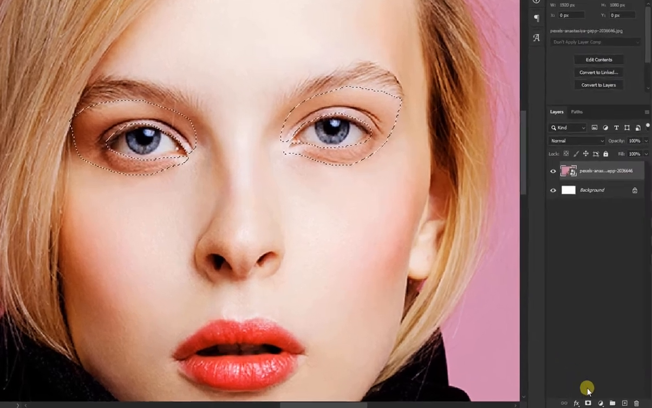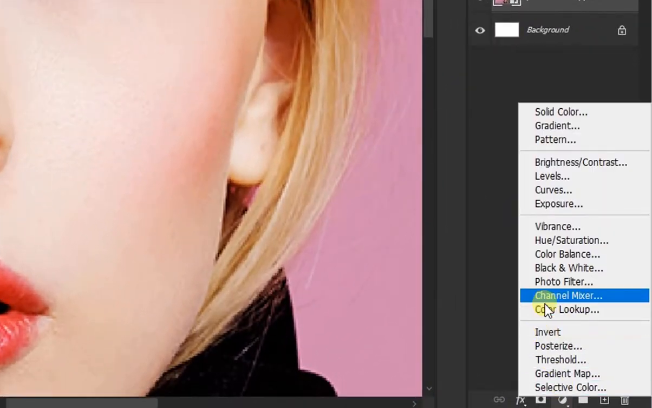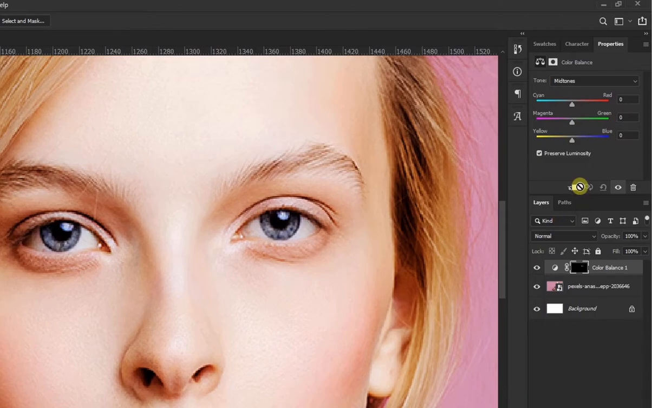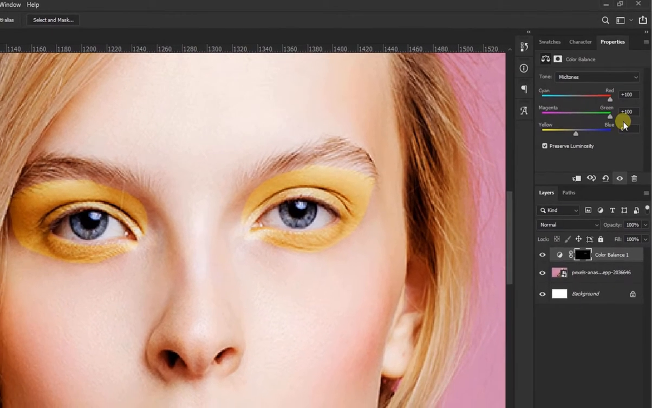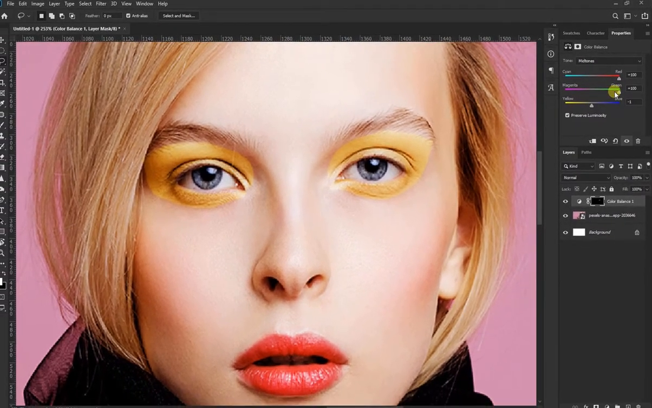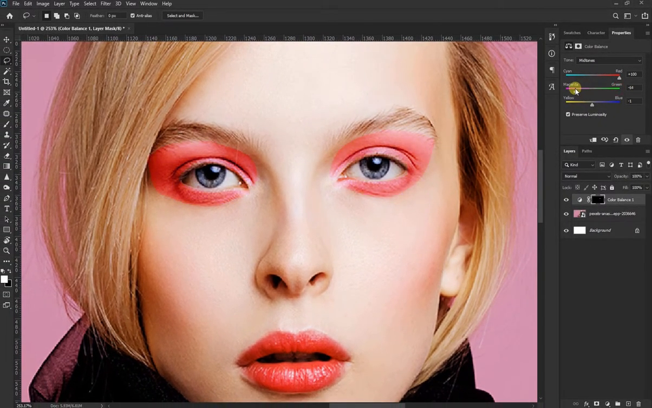Alright, once done, go to the adjustment layer in the layers window and select color balance. In the properties window, you'll see these little sliders. You can play with them to make your desired color. I'm gonna go with any random color because I don't have any idea what colors girls do on their eyes. Let's go with red. Now go to masks